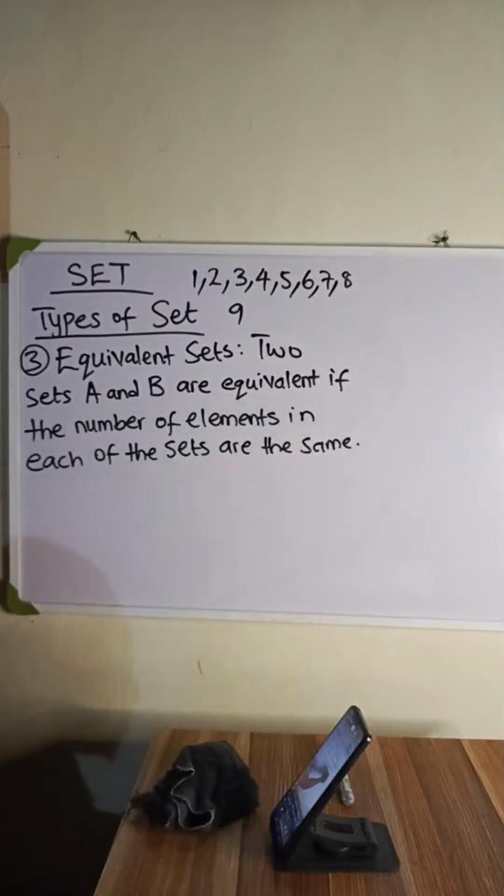The elements might not be the same, but if the number of elements are the same, then they are equivalent sets. Example,